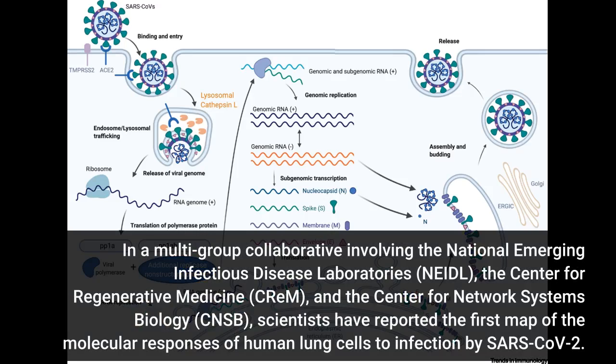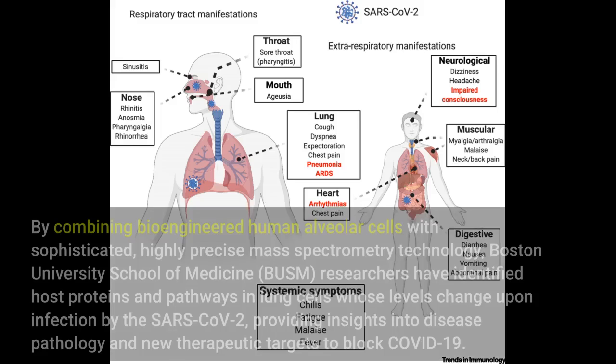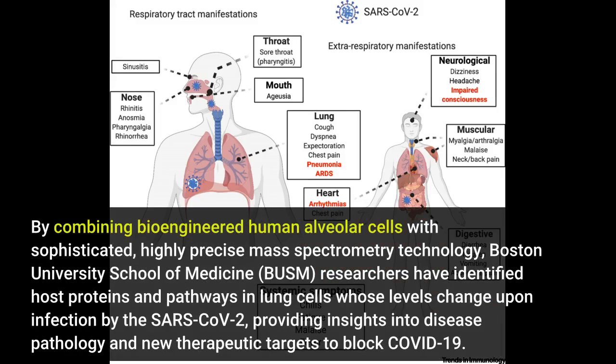In a multi-group collaborative involving the National Emerging Infectious Disease Laboratories, NEIDL, the Center for Regenerative Medicine, CReM, and the Center for Network Systems Biology, CNSB, scientists have reported the first map of the molecular responses of human lung cells to infection. By combining bioengineered human alveolar cells with sophisticated, highly precise mass spectrometry technology, Boston University School of Medicine, BUSM, researchers have identified host proteins and pathways in lung cells whose levels change upon infection by the SARS-CoV-2, providing